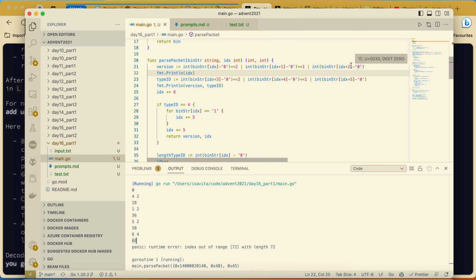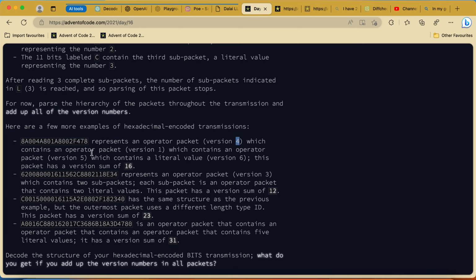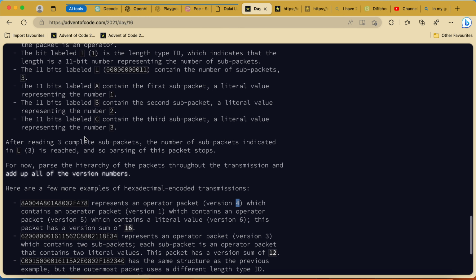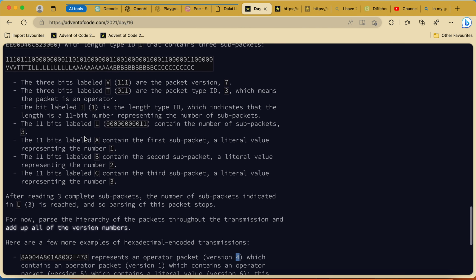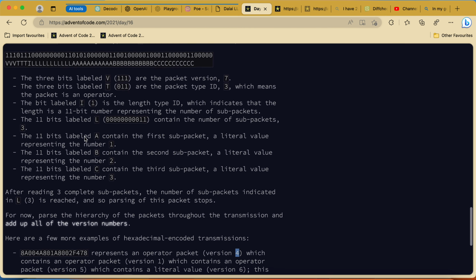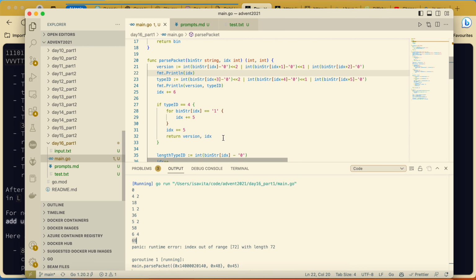We're able to do this operation, but not that part here, because in that case we're at the end of the package. Let's see how we identified that this is actually the end of the package.